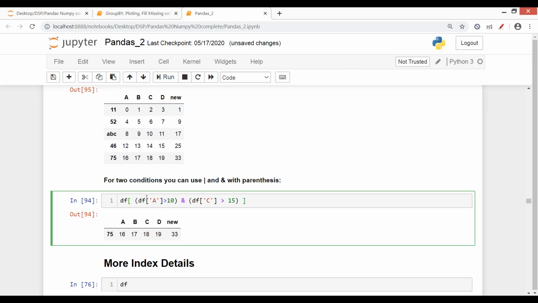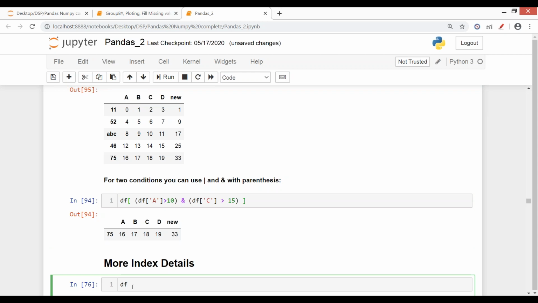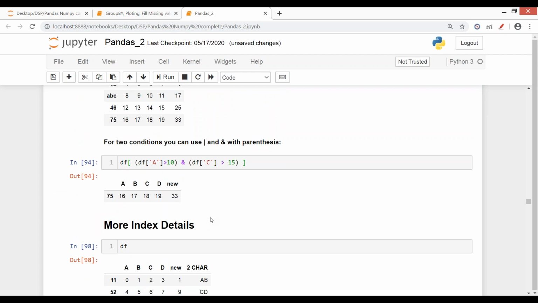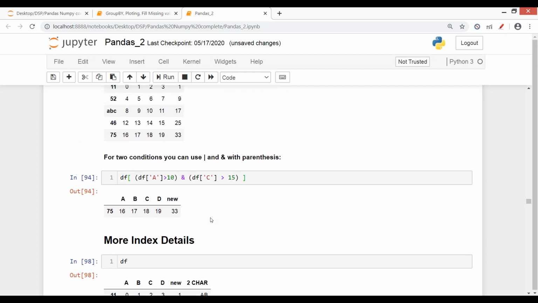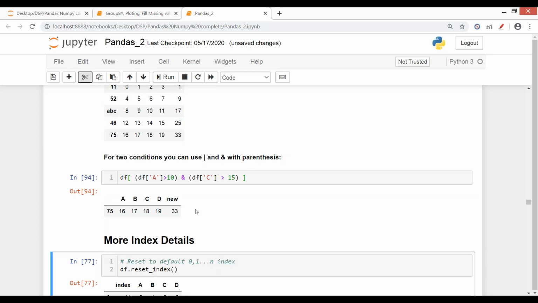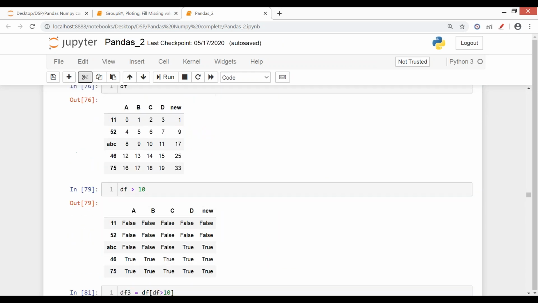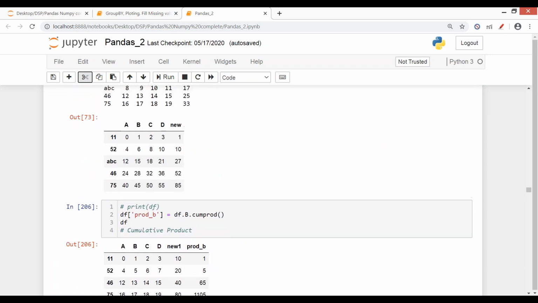Any confusion? Anyone with any error? Yeah, I've run that command. Please send DF. Okay, let me. I have to scroll up.